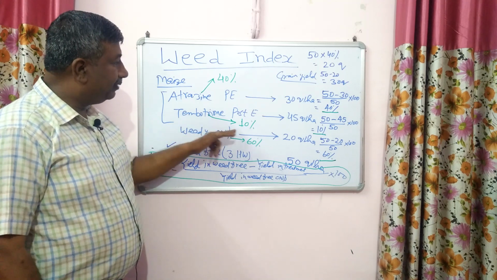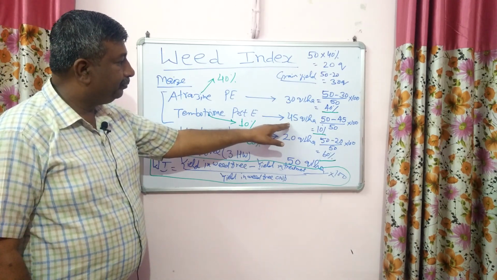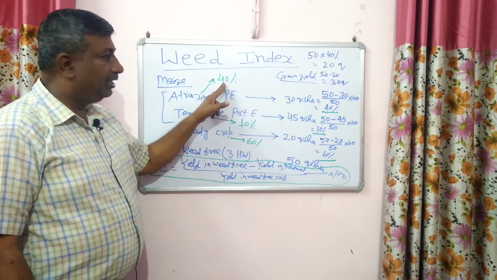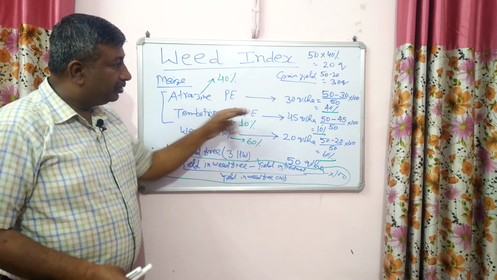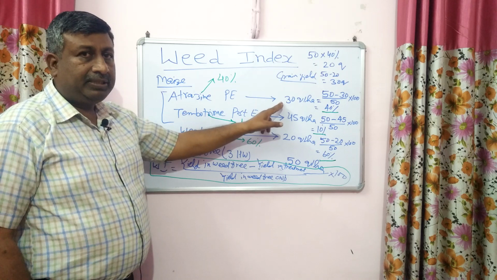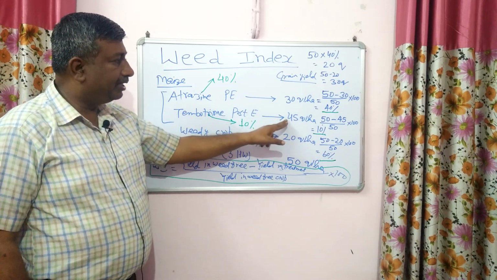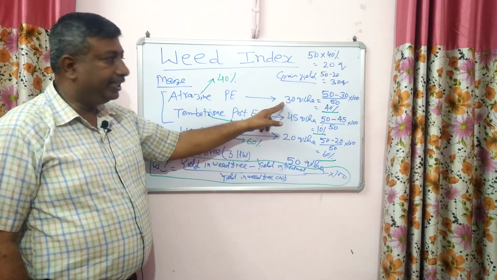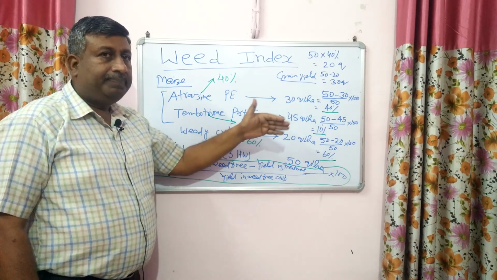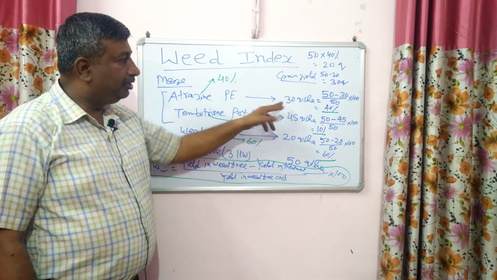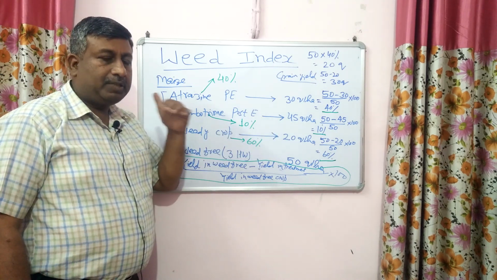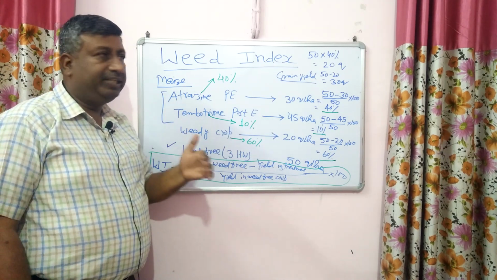So here, tembotrione yield is more, 45 quintal, and yield reduction is 10%. It is 30 quintal, yield reduction is 40%. So now with the yield data, simply we can say in case of atrazine, yield is low as compared to tembotrione. It means weed competition is high in atrazine as compared to tembotrione. When weed competition was higher in atrazine, that is why its yield was lower than tembotrione. Now, to put this on one base, we compared with the weed free.